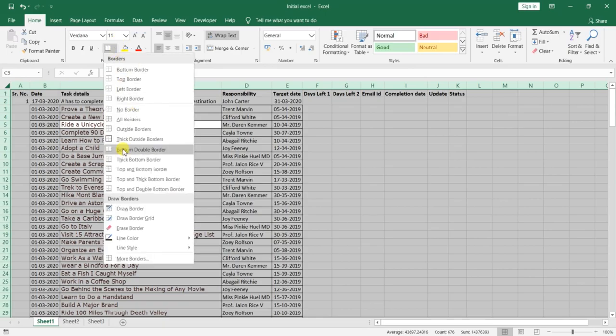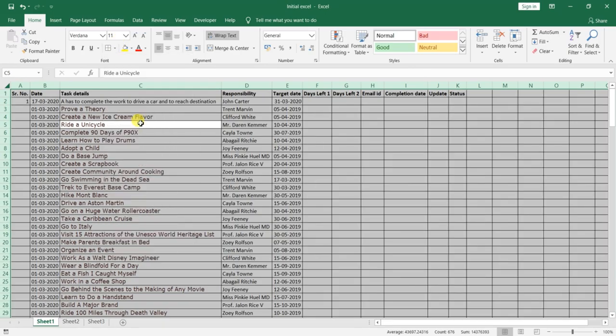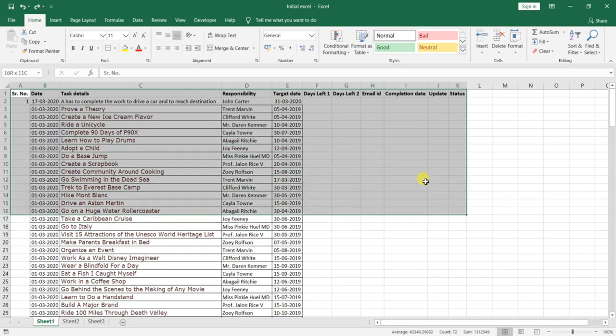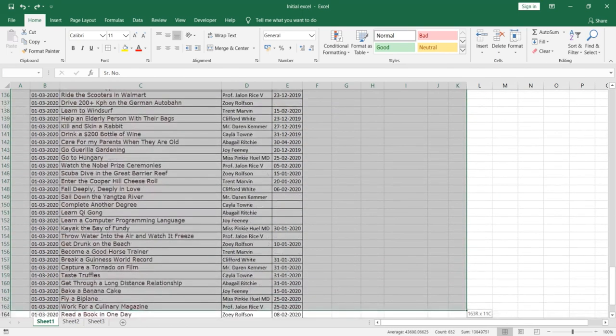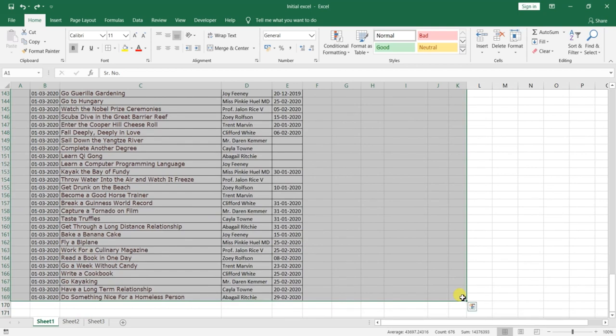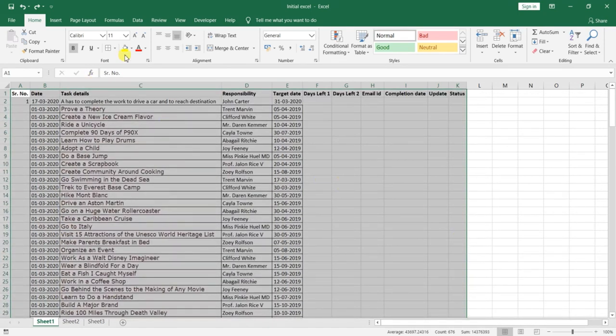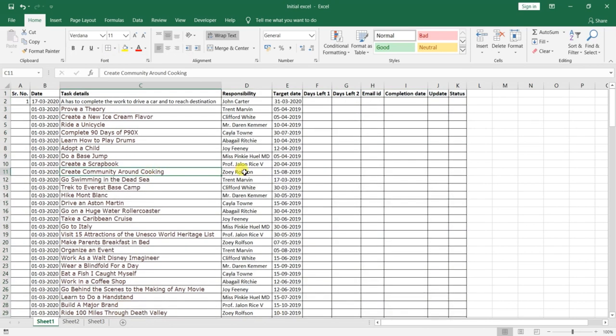Over here you can select all borders, but it will automatically select the full Excel, and we don't want to do this. So what we will do is drag with the mouse, and we can select this way also, right? For status, till status we have selected like this, and we want to give all borders. So there is one way.